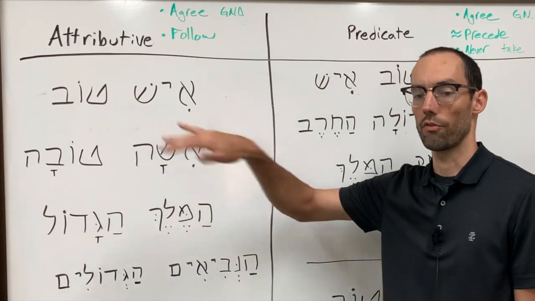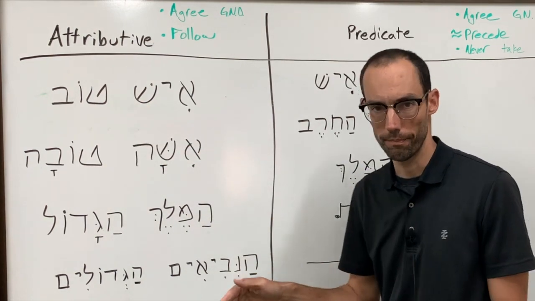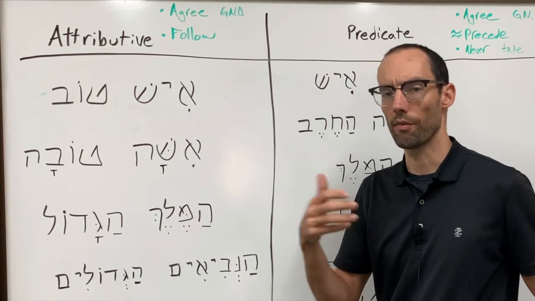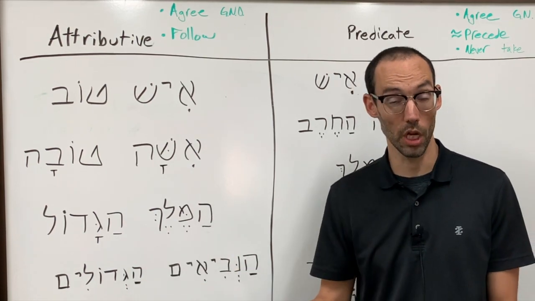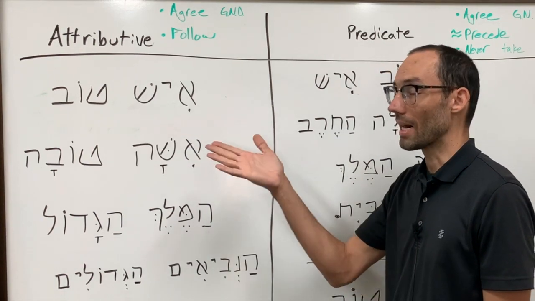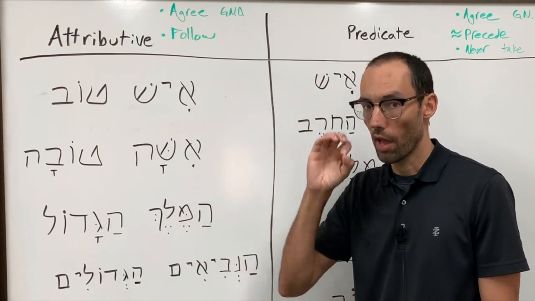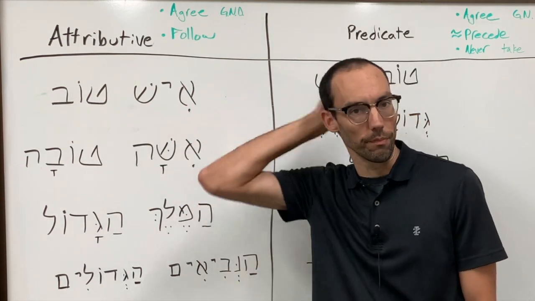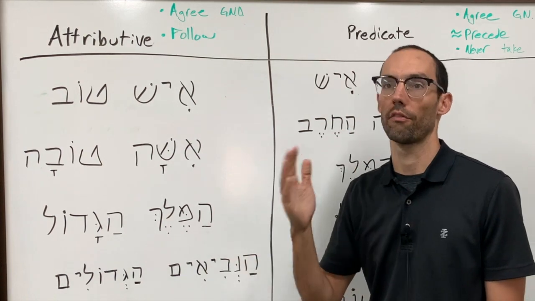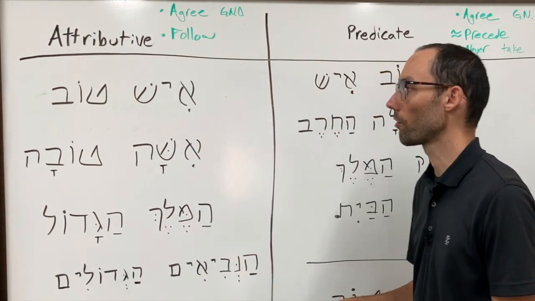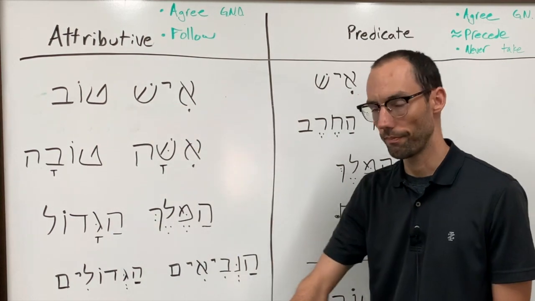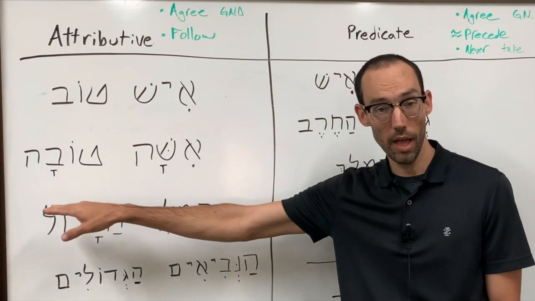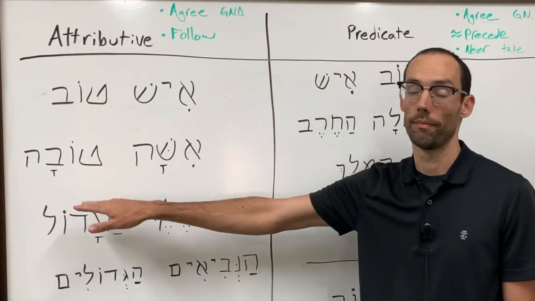Every time. If you turn something in with a translation, do it in that order. I know that's very awkward in English, and you would never put that in the actual translation you were publishing of the Bible, but it will help you immensely if you always translate that way. A man, a good one. I've learned that from past mistakes in teaching. So just always do that. A man, a good one. So ish tov, a man, a good one. Isha tova, a woman, a good one.